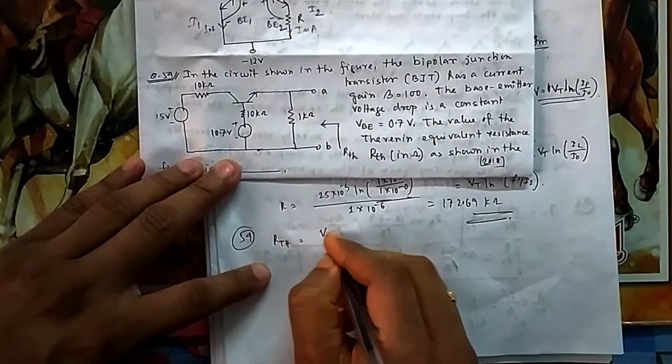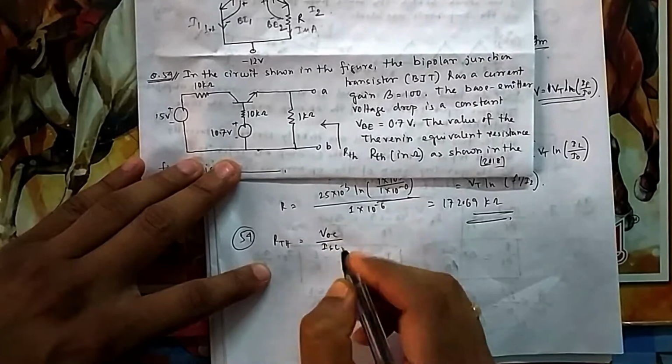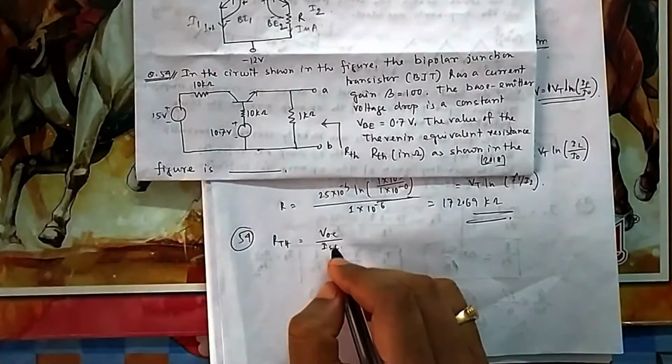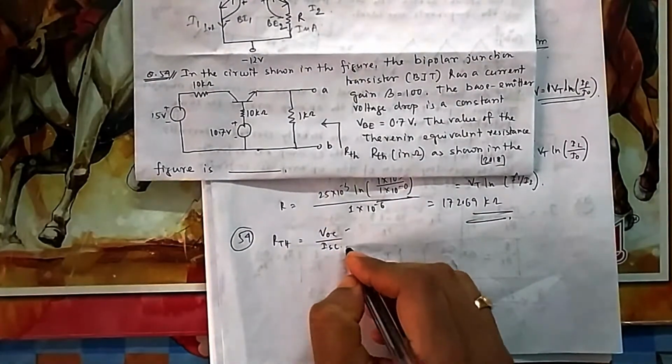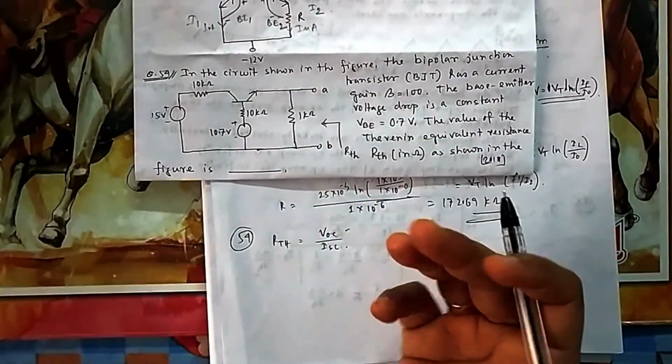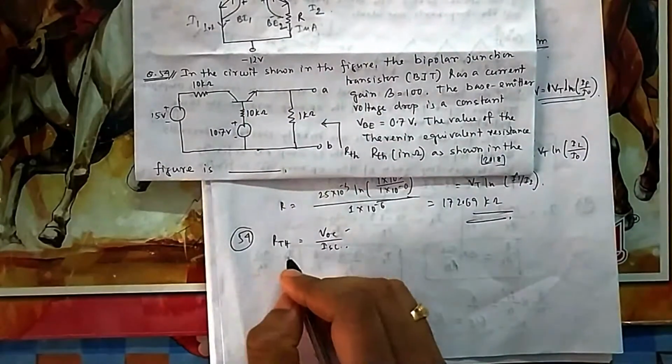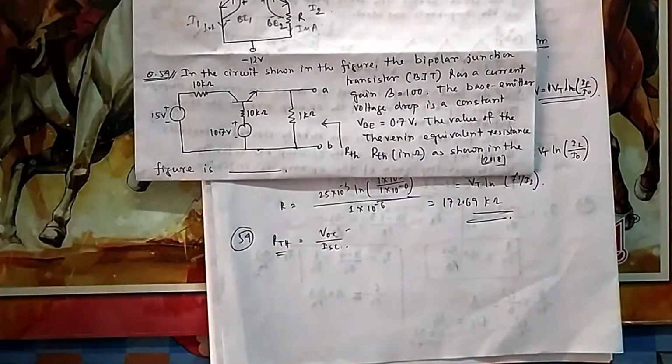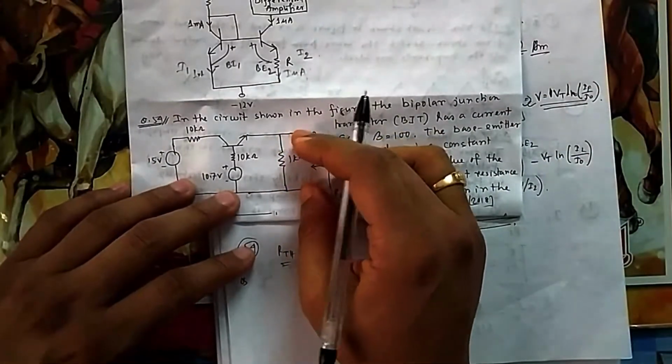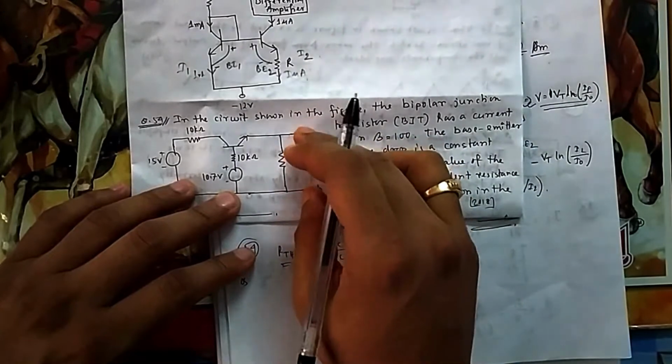this was also possible, because from Norton to Thevenin's, you see this is the Thevenin's voltage, this is the Norton current. So what is the relation between the Thevenin's circuit and Norton? One voltage source is converted into a current source and the resistance is this one only. So you can go that way also, that will give you a good answer. So if you do it this way, let me first calculate for the open circuit, that is VOC.